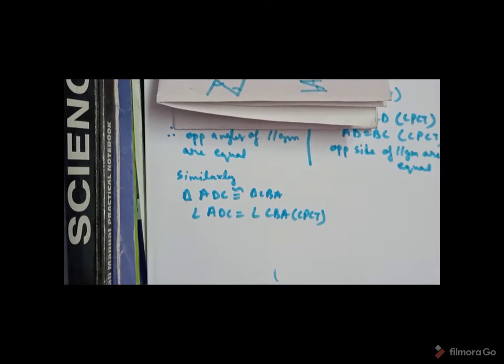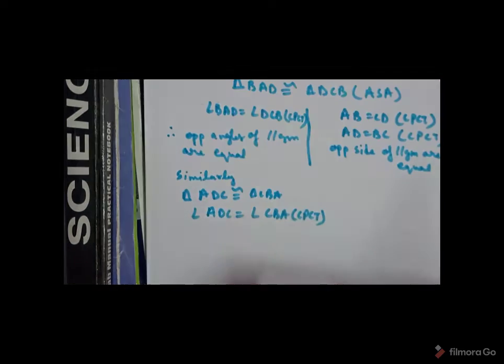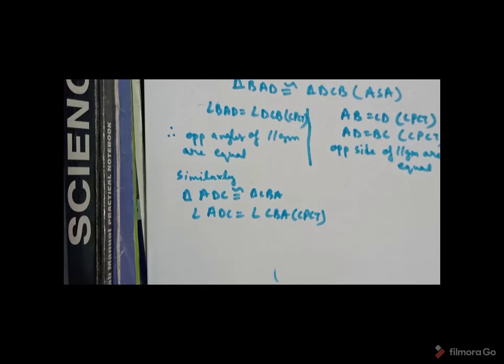Hope you have understood. We have discussed basically three questions in the same given question. The first question is to prove that if a diagonal is drawn in a given parallelogram, then it will divide the parallelogram into two congruent triangles. And if we prove the congruency of the two triangles, then by CPCT we can prove that opposite sides are also equal and the opposite angles are also equal.